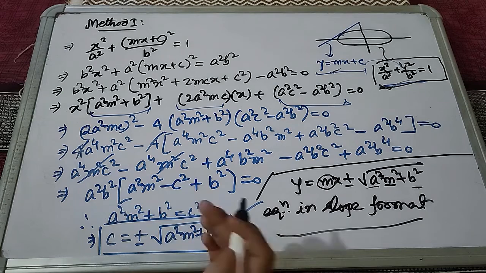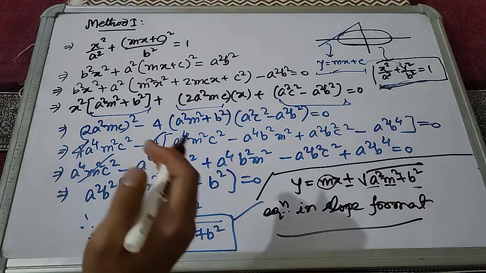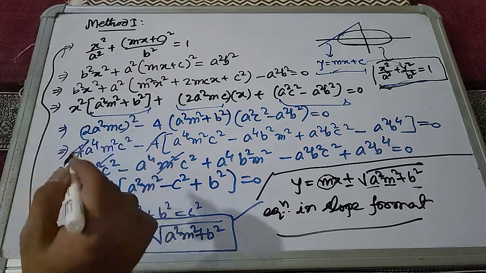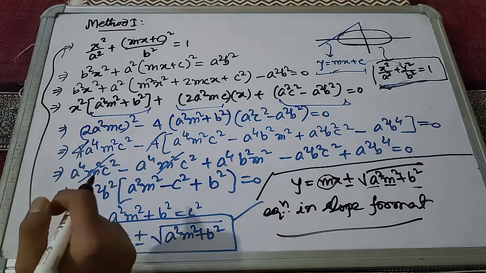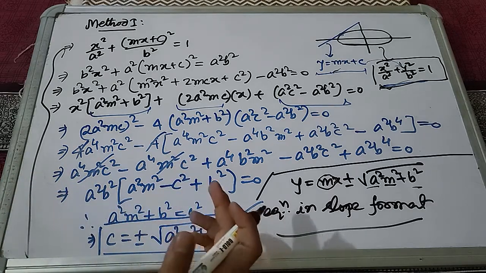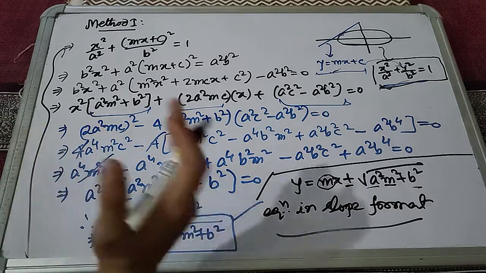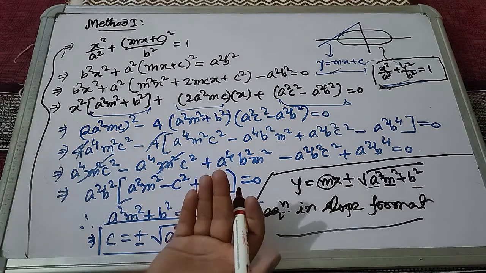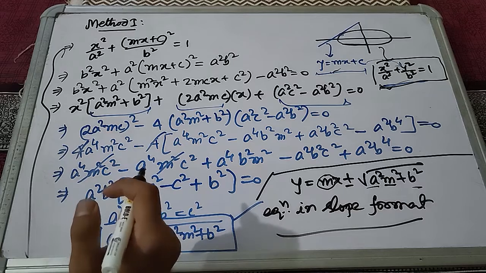And this method, I hope that even if you are not so comfortable with calculus, this method was quite intuitive to you and you have understood the concept really well. So now let us look at method 2, which involves the use of calculus, because calculus is inevitable if we are studying tangents and normals, right? We also know this. So let us see method 2.